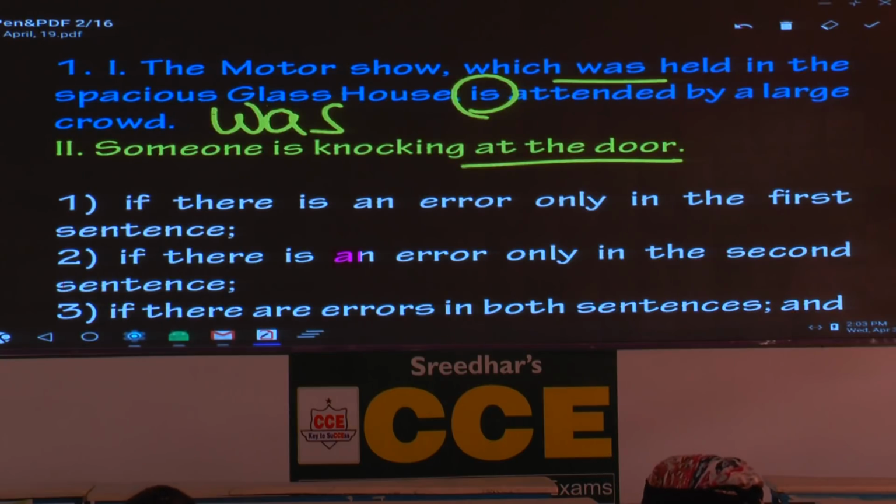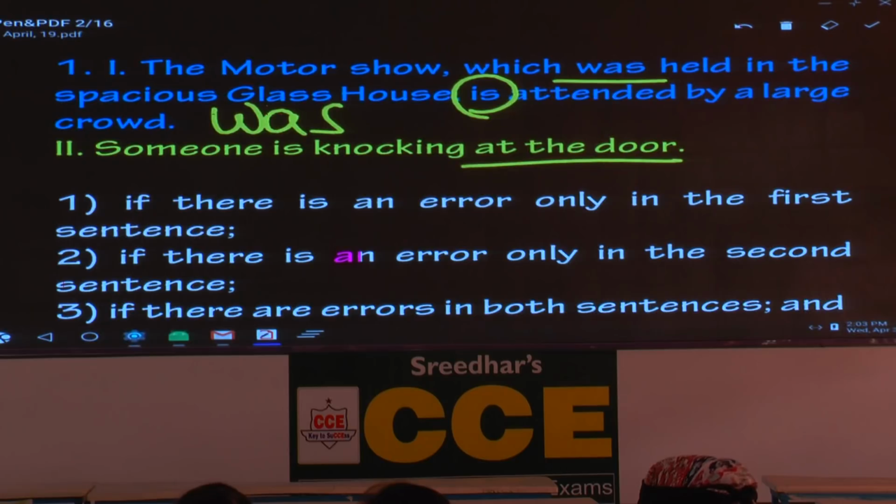Generally, now you have got 3 sentences. 1, someone is knocking the door. Someone is knocking at the door. Someone is knocking on the door. Of the 3, which one goes with usage, which is the regular one? What do you think? 1, 2, 3. How many of you say the first one? Someone is knocking the door. From the conversational English point of view, generally we use the first one.